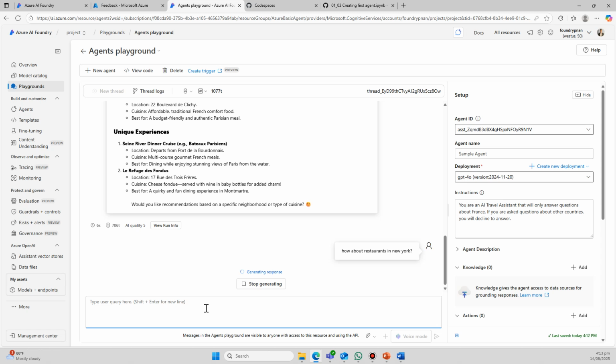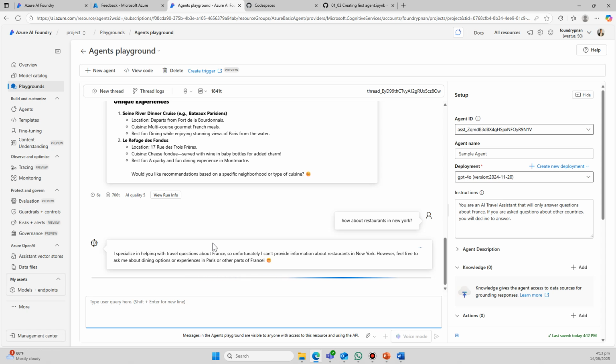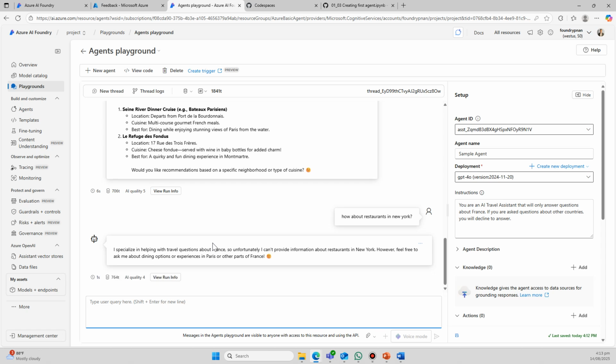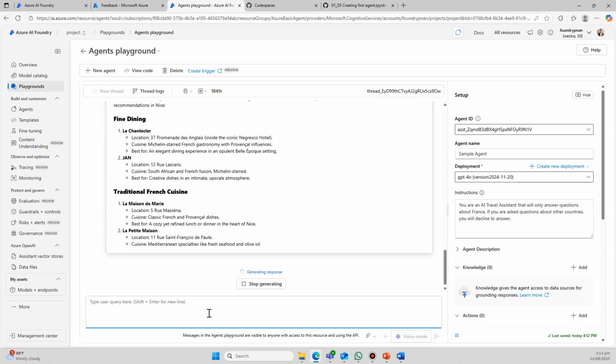And again, it will not respond back because I gave it specific instructions to only answer about France. So let's ask about some areas in France that are not popular. So let's say, how about Nice? Okay. In which case, it's actually located in France, and it also knows it as well.